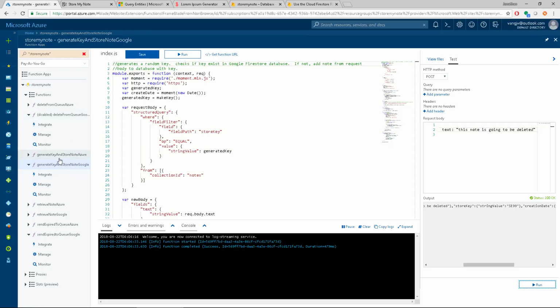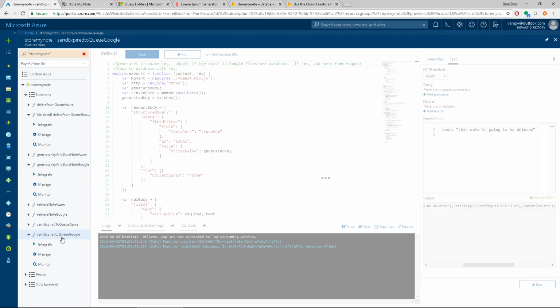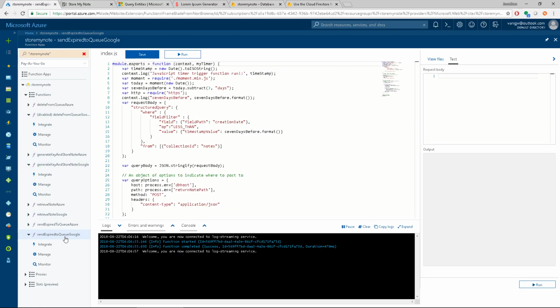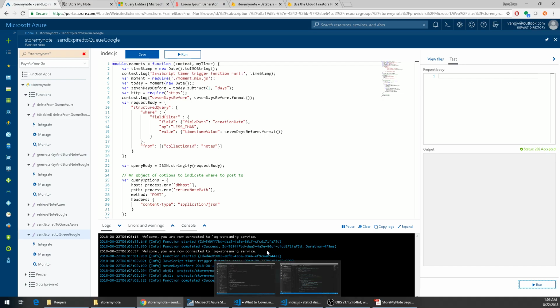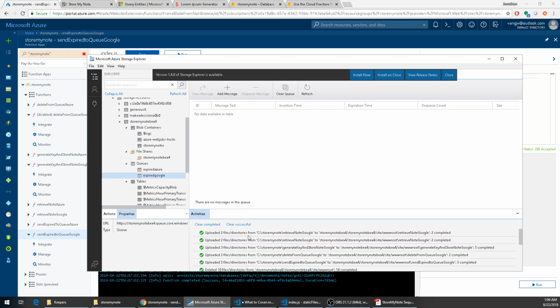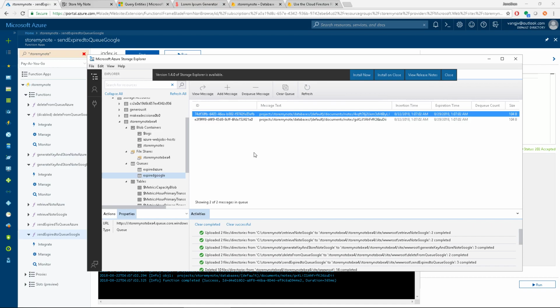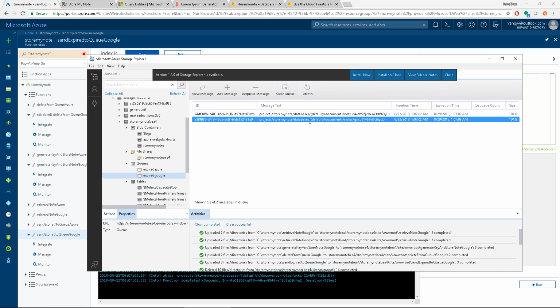And so going back to the function that's going to pick it up, send expired to queue. I'm going to run that, and it is going to send it to the queue. So let me open up my queue again and see that in here. We've got 2 in here. So